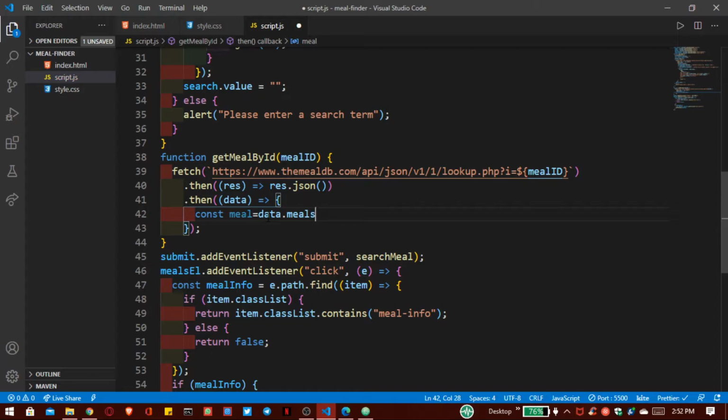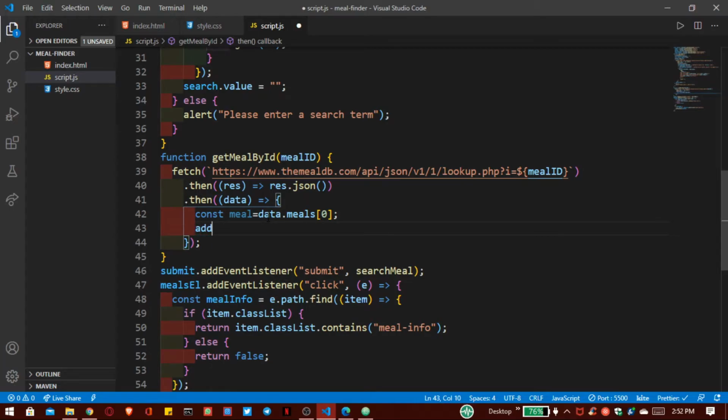This is our first array, so I write here 0. Then I write another function, that is add meal to DOM, because we have to print all of them to our client side. And here we pass our meal.